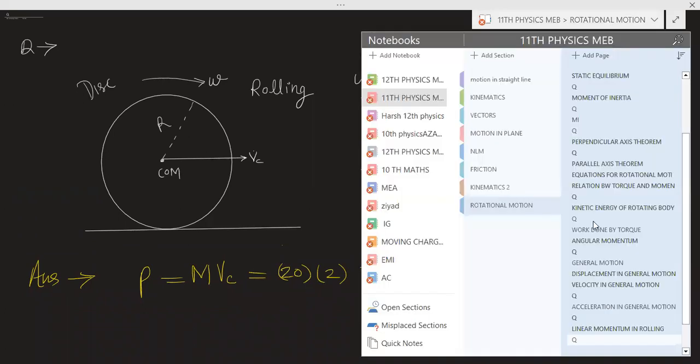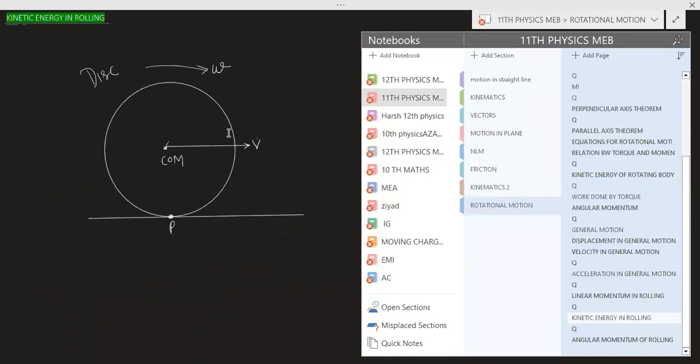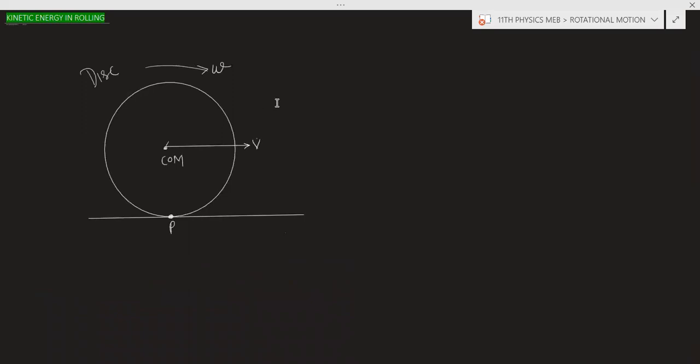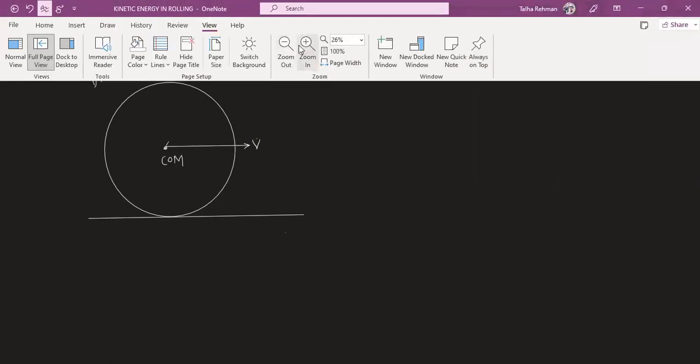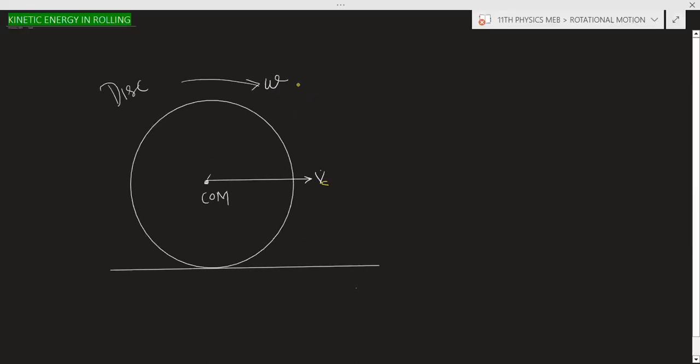After that, we have the kinetic energy in rolling motion. So I will write only formula this time. Kinetic energy in rolling motion. So if this is the body and this body has the velocity of center of mass Vc, and this body is rotating with an angular velocity of omega. So if you want to find the kinetic energy of this body performing the rolling motion, then kinetic energy will be